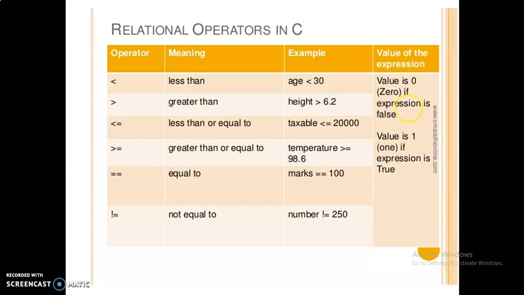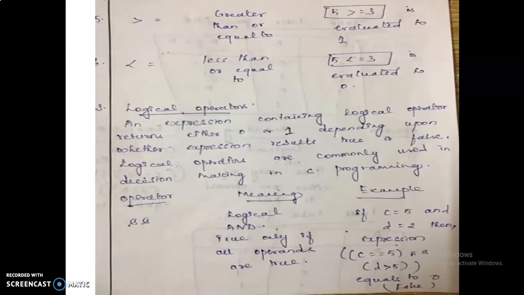So the value is 0 if the expression is false, and 1 if the expression is true. If the value of the marks is 100, 100 equals 100, that means the output is true. So next, the logical operators.